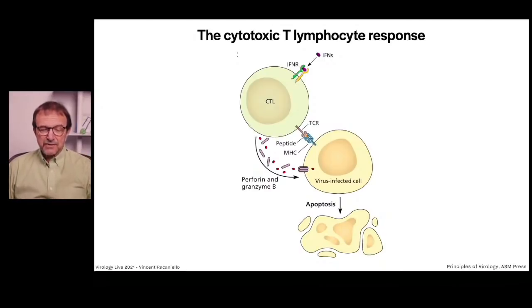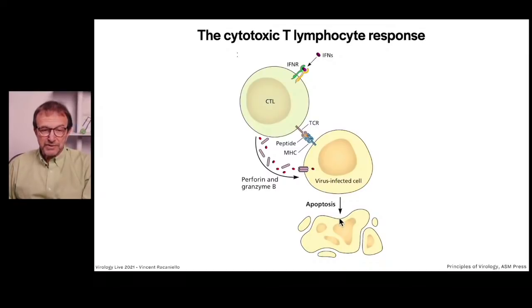Cytotoxic T cells can be specific for virus-infected cells. They are, of course, activated during the initial immune response in the lymph nodes, as we talked about some time ago, and cytotoxic T cells that are virus-specific emerge. These cytotoxic T cells bear T cell receptors that can recognize a single peptide produced from a virus. That peptide is typically displayed on the surface of a virus-infected cell in the context of the major histocompatibility molecule. So the orange peptide is displayed by MHC, and we've talked about how it gets there previously. Then the T cell receptor recognizes it. This recognition causes the T cell to release the effectors of killing, perforin and granzyme B, which cause the virus-infected